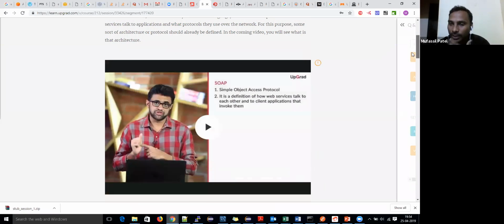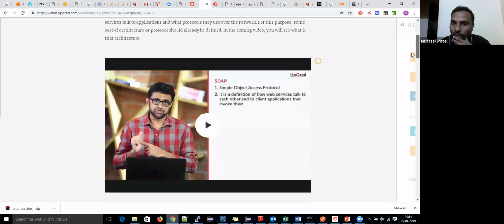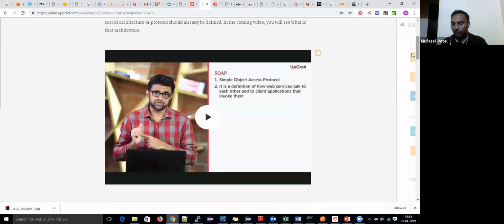SOAP is nothing but Simple Object Access Protocol. Suppose I'm writing a web service and it is SOAP, then it takes only XML. It uses only XML,